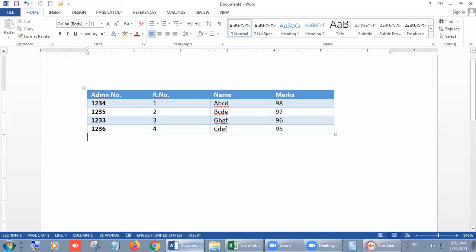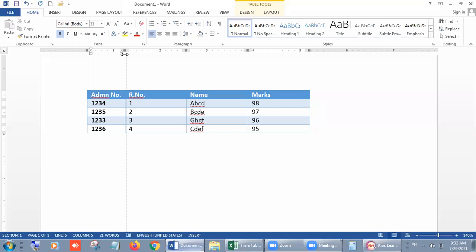First of all, you have to click inside the table. When you click on it, you will see some buttons, move table column buttons on the ruler. Then go on it. Your arrow will be converted into a two-headed arrow, a double-sided arrow, you can say. Okay. So click on it and drag to adjust the size.